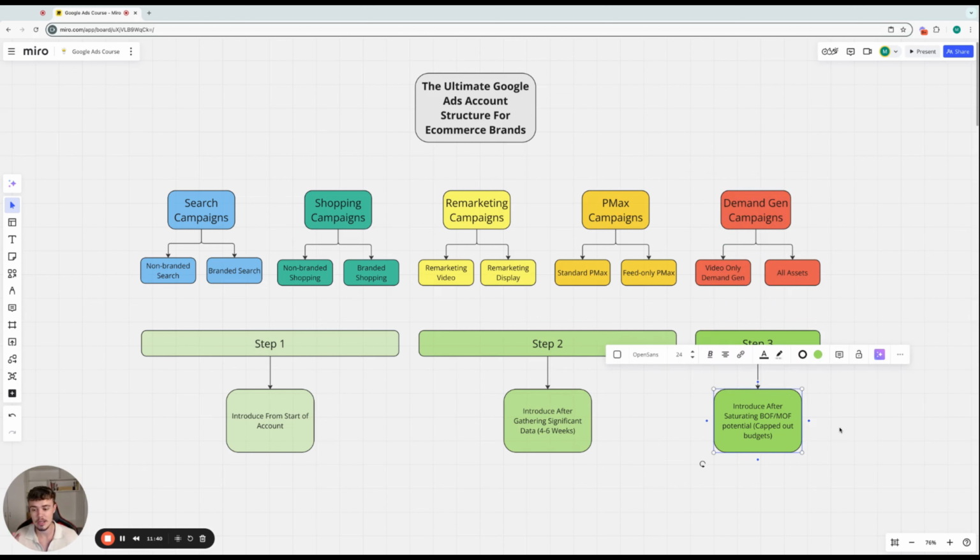So that's why I typically recommend not to introduce these campaign types until you've pretty much fully saturated your bottom of funnel and middle of funnel efforts. Maybe if you're a really big account, you already have proven creatives on Meta, you already know it works. Sure, go ahead, bring them over. You can even get profitable acquisition on these top of funnel channels,